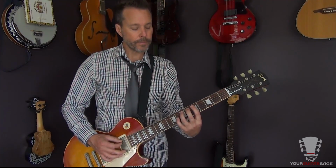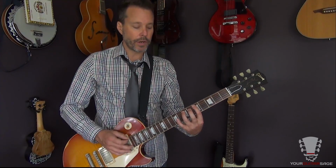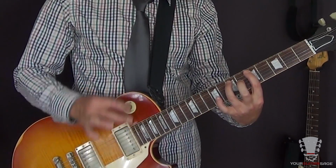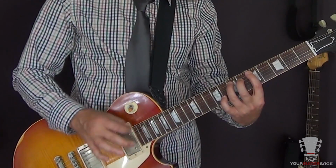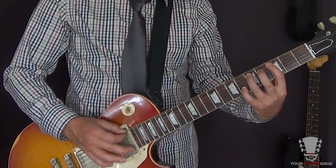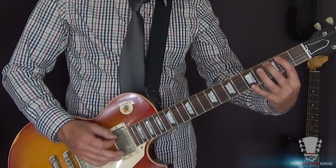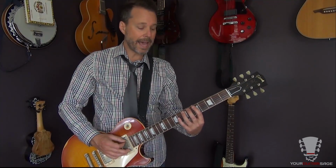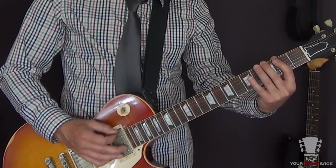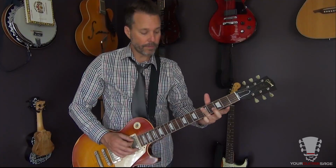So let's talk about it. This is all picked except for the pull-off to the lower note here. They're always pull-offs. Next one, same pattern. Just basically need to know this pattern. And then in between here we have 5/5 or